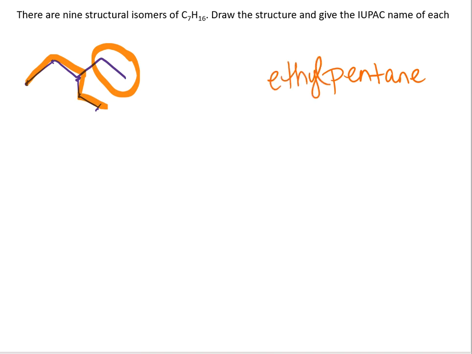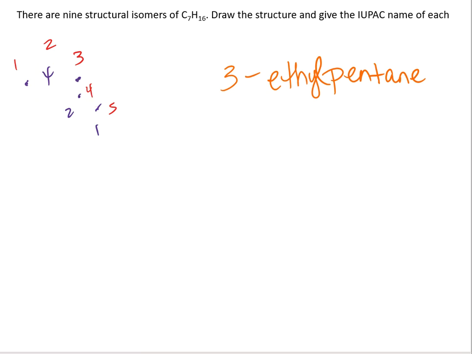So ethylpentane. But we have to indicate where that ethyl is located. Again, I can number from left to right. I could also number from right to left. In this one, it doesn't matter, because both give me 3 as the location of that ethyl group. So we still have, if I were to go through and clean this up